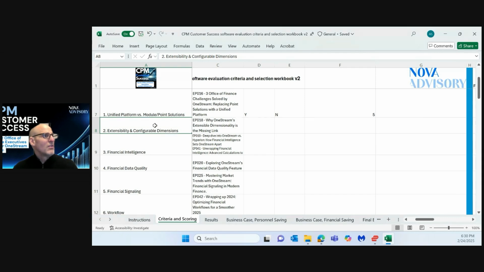Extensibility, this is of course unique to OneStream. We've covered that in episode 18. You can go back and check that out if you want to understand further what extensibility is. But once again, you just go through this criteria, you'd fill out the spreadsheet and your score and do that